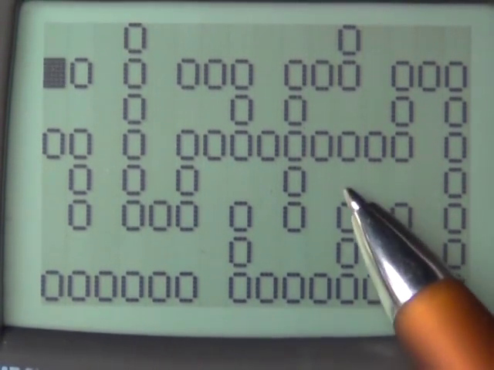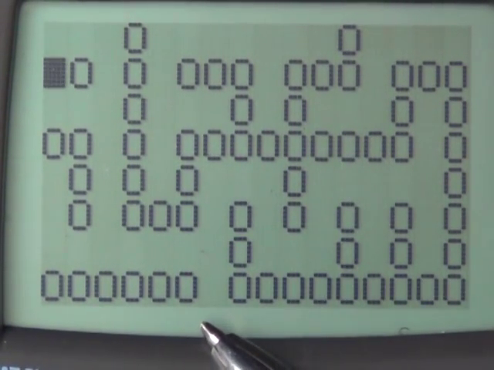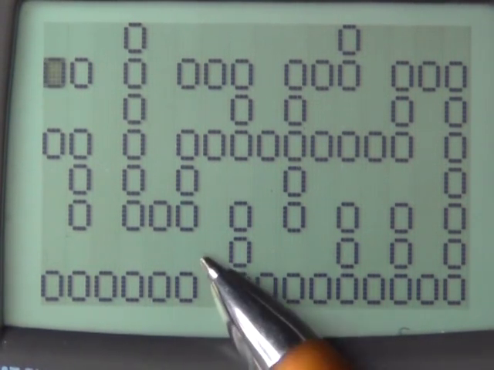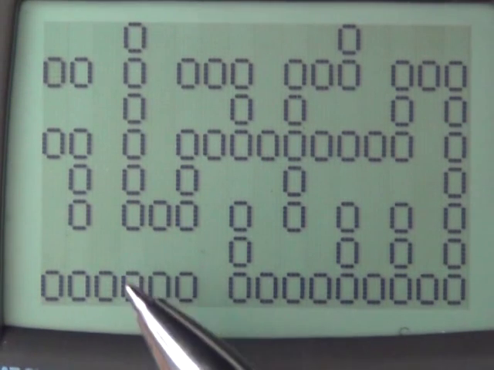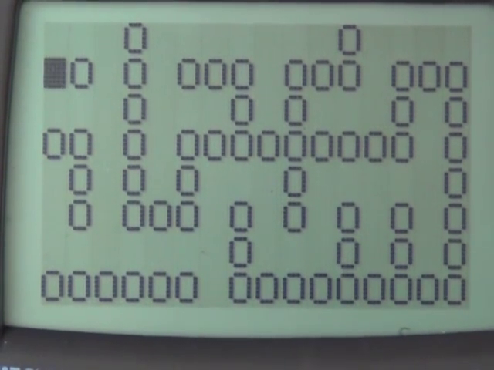You can't go down here, because you'd have to come back before you get here. There's no other way to get here. Because of the way it's connected, there's only one path that doesn't involve overlapping to get between two points. And there we go. We generated